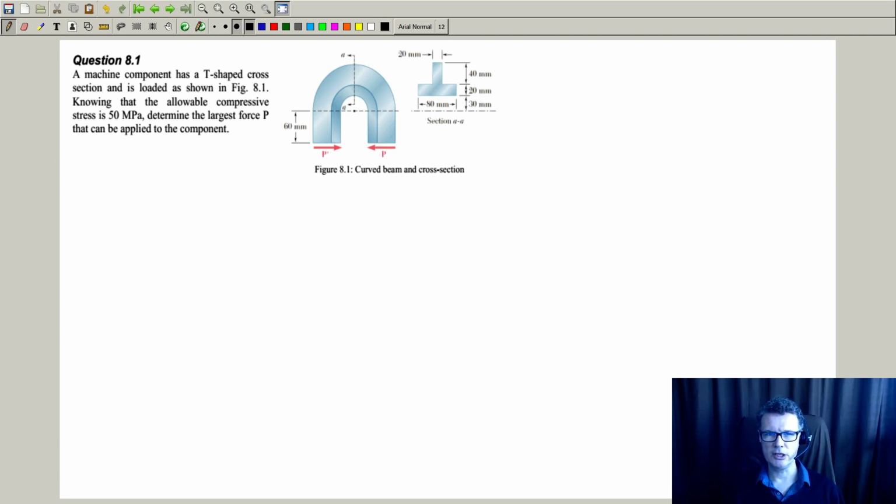So we've got this machine component, T-shaped cross-section. We know that it's got an allowable compressive stress. Determine the largest force P that can be applied. Right, so my starting point is going to be working out